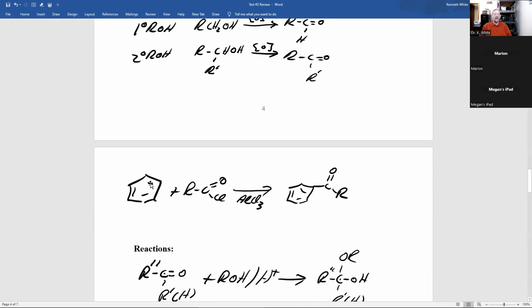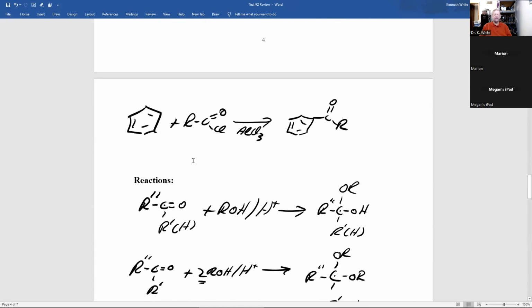Now, here, you take a benzene ring and react it with an acid chloride and aluminum trichloride, and you'll make an aromatic ketone. And aromatic ketones, one of the big uses is in sunscreen to protect you from getting skin cancer. It absorbs the UV radiation. And it's also used as an initiator. You know, the nail polish you shine the light on to harden, we call that cure, does that.